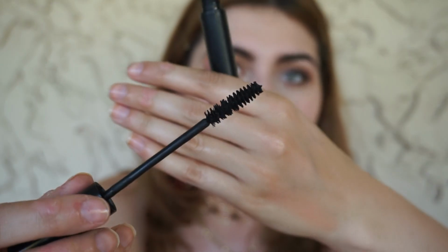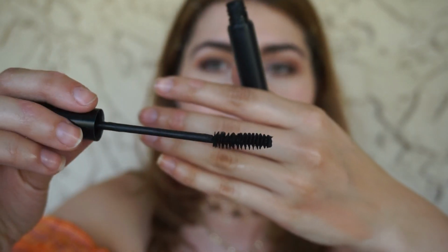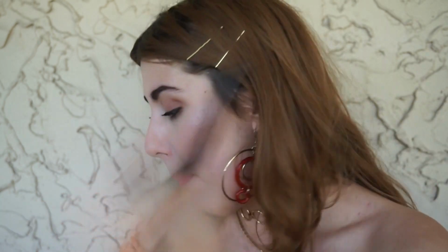Wrapping this video up with a little bit of mascara. This is the Hint Beauty Nocturne Mascara. I've used how many tubes of this now? I mean at least 3 or 4. You can see it's completely dry. Huge bristly brush, reminds me a lot of the Revlon Grow Luscious. I always say that, and I have since repurchased a tube of this, but I wanted to share with you